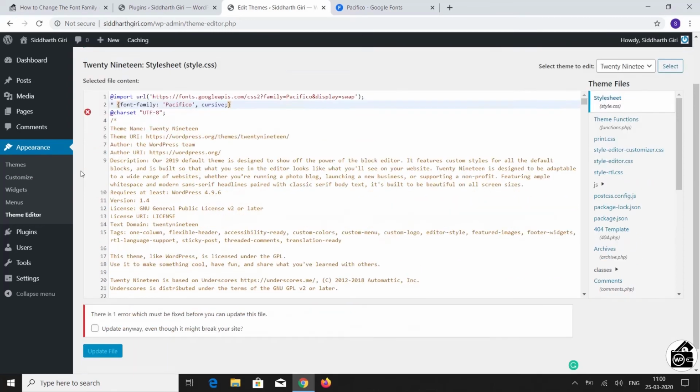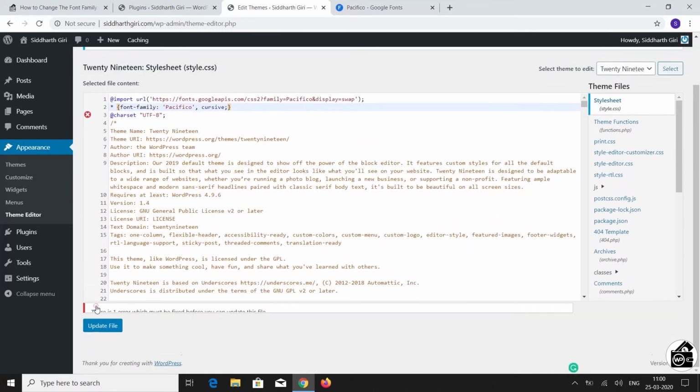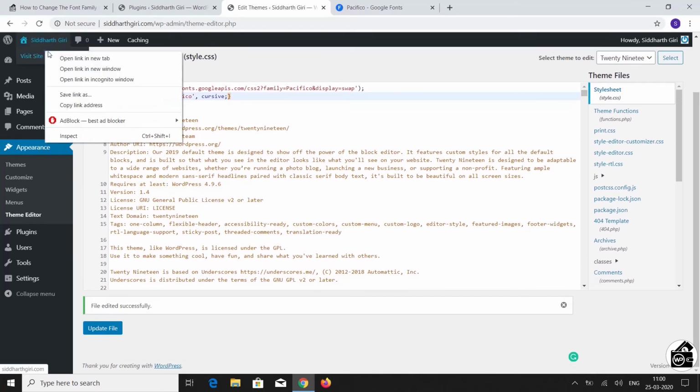Ignore this message and check update anyway and click update file. Now view your website.